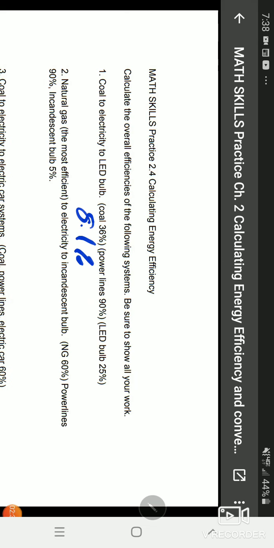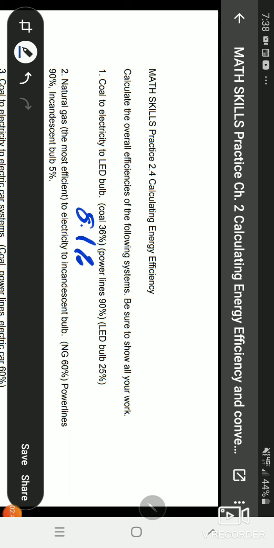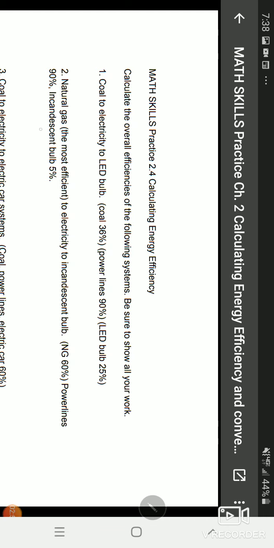Kind of moving down, thinking about the natural gas here, it says that natural gas, which is more efficient than coal, to electricity, to an incandescent bulb. Okay, so again, we're going to do natural gas at 60%. So that's our value here. So we're going to take, here, let's just save that. Okay, we're going to take this